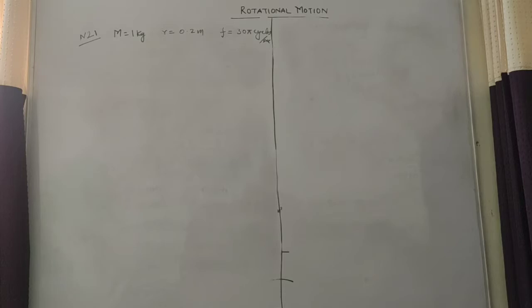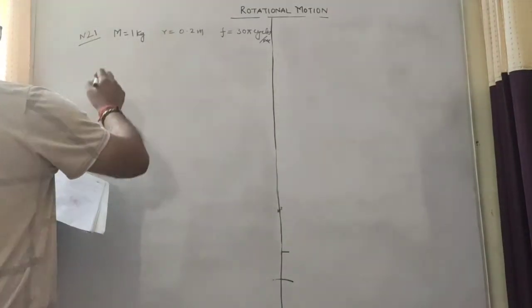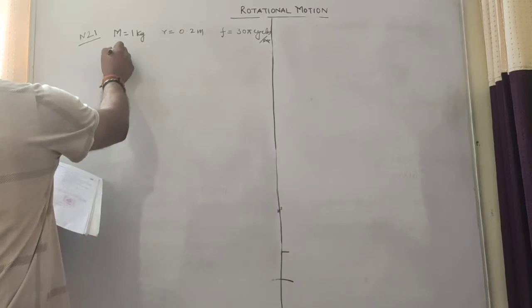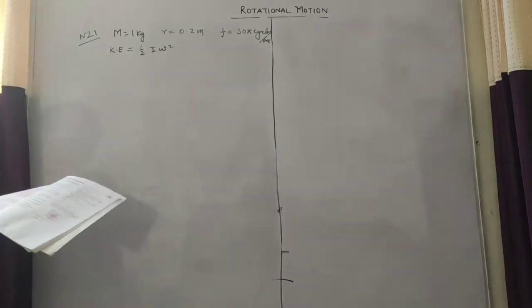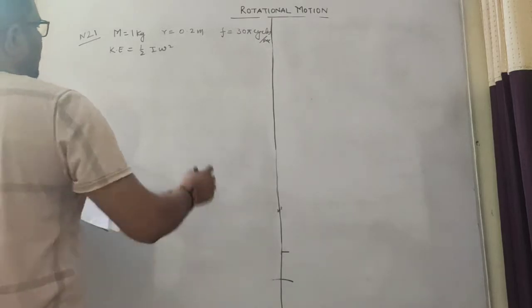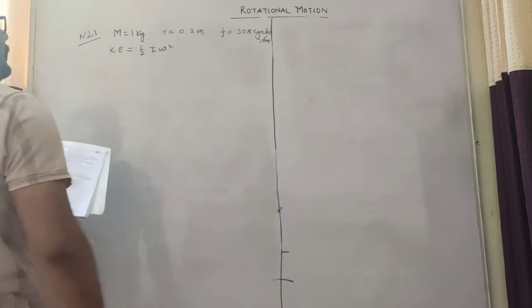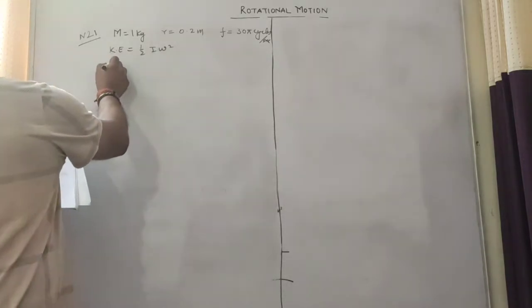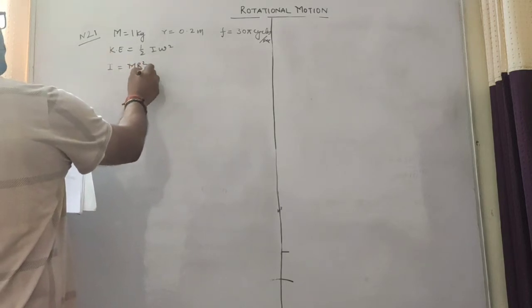Find the rotational kinetic energy of a disk of mass, radius, and is rotating at a rate of 30 pi cycles per second. So here rotational kinetic energy means kinetic energy for rotation is half I omega square. You need to understand that here disk is mentioned. So when disk is mentioned, you need to take only one axis, that is axis about which it rotates, that passes through center. So I for the disk is mr square by 2.